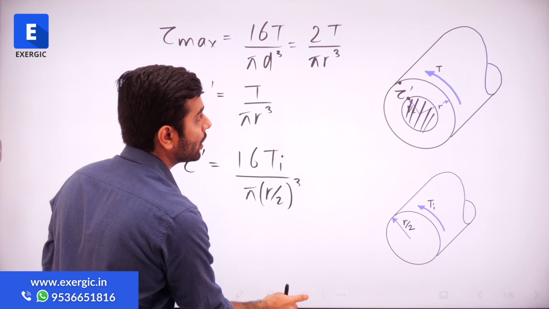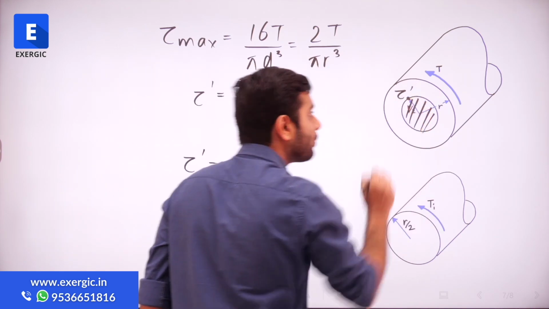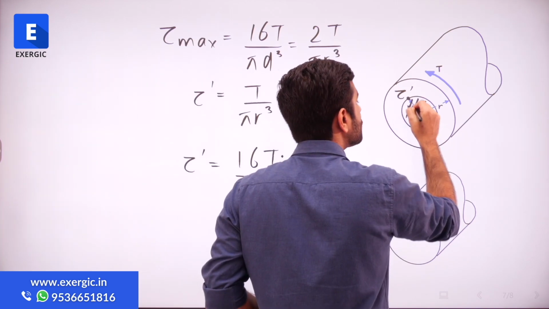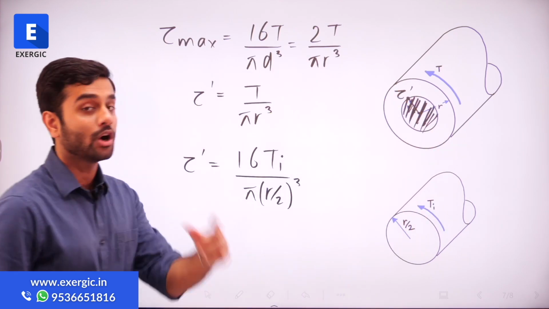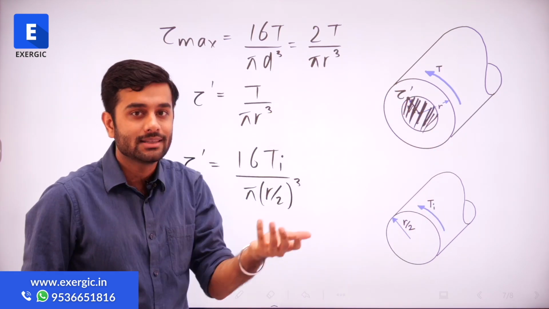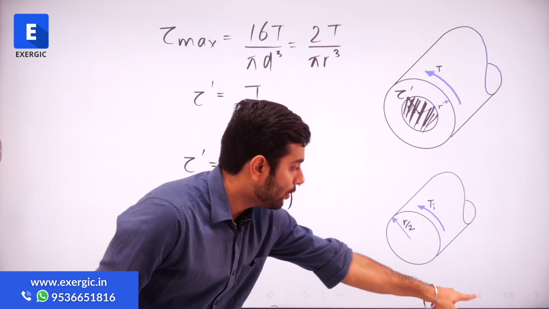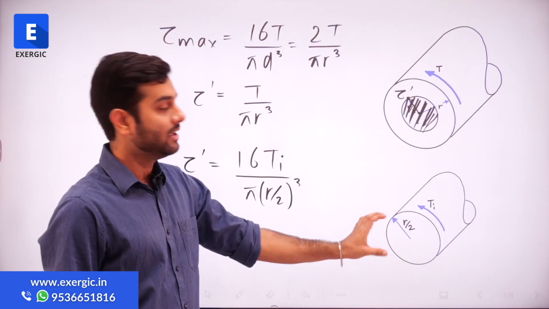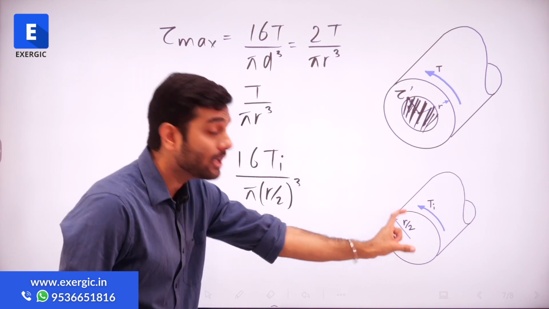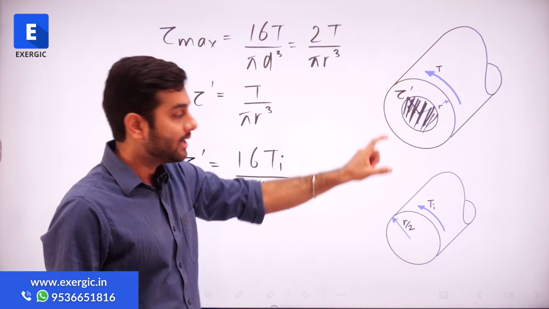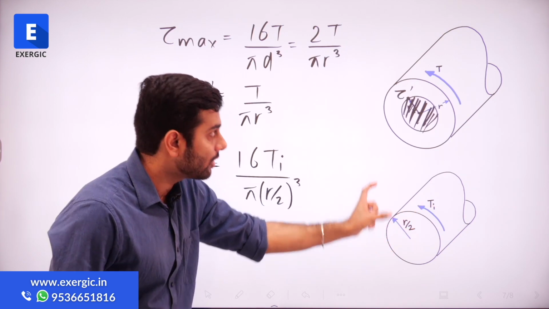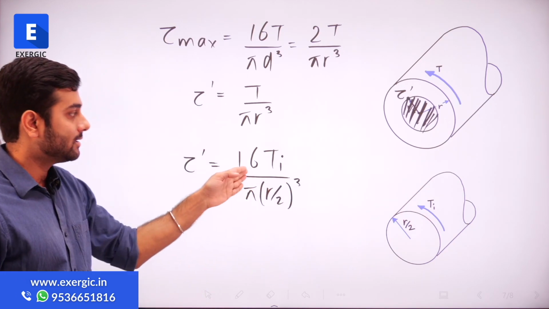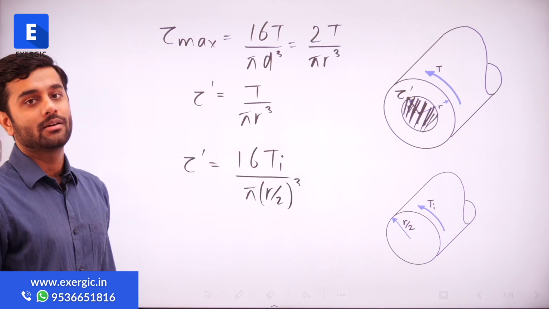But if I want to find out how much will be the torque resisted by this point, then I need to consider the shaft, the area, the material only up to that point from the center. So this much. So how much is going to be the torque resisted by this? Nothing but the torque resisted by inner core. We have already found out how much will be the torque resisted by the inner core. So this is what I have shown here. This diagram is a part of the total torque diagram. It is only showing you Ti, because inner core having radius r by 2 is only resisting Ti. And obviously for this I can write this expression 16 Ti by pi d cube,